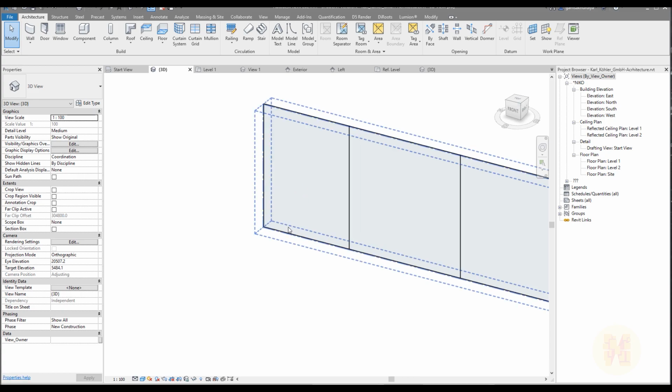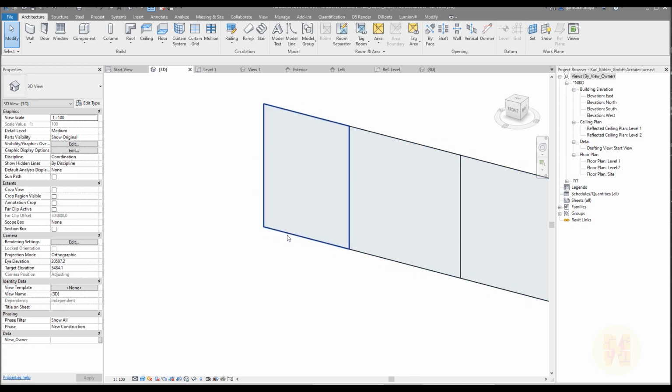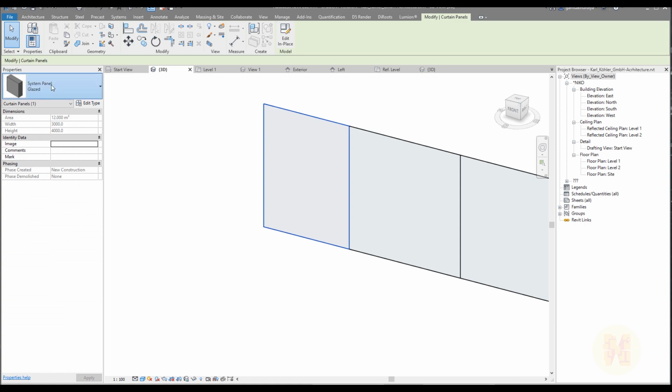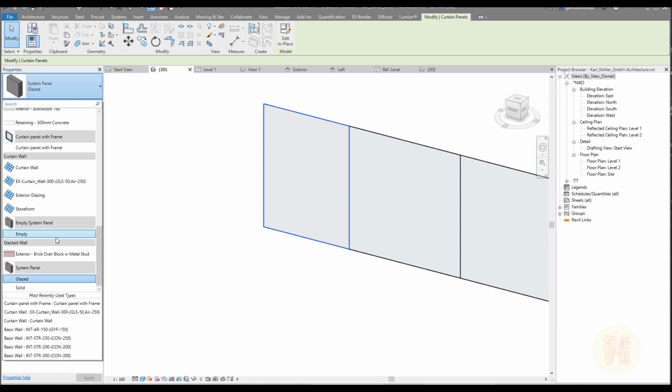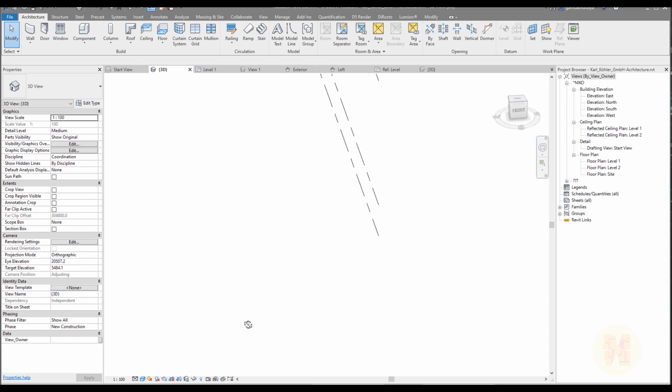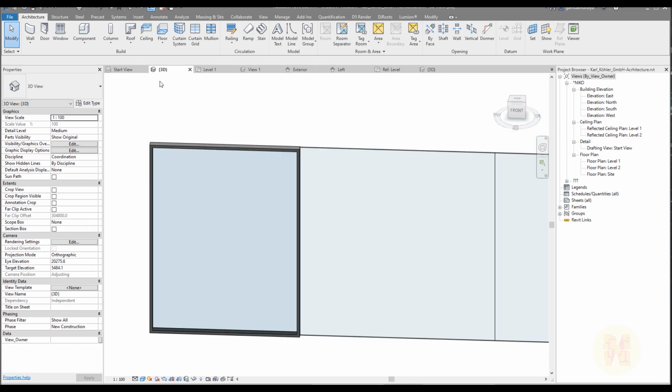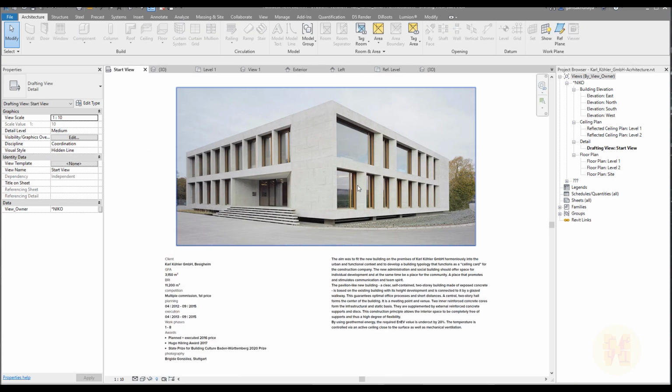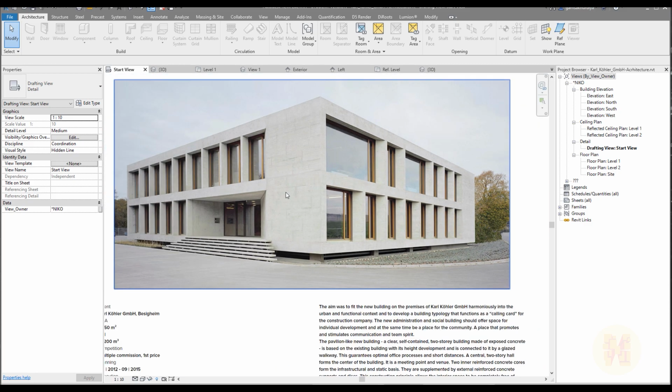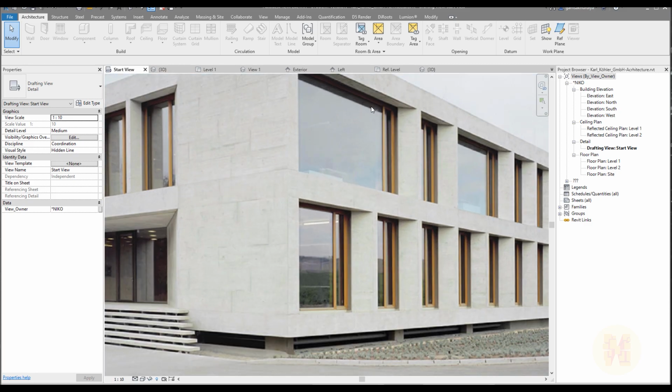Now I will select my panel by tab key. As you can see, I selected my panel and I can change it. Where's my panel? My panel, empty, glazed. Here, curtain panel frame. And as you can see, here is my panel with frame. One type of the panel we did. We did it. Now we should create another part of this, and after that, another part of that